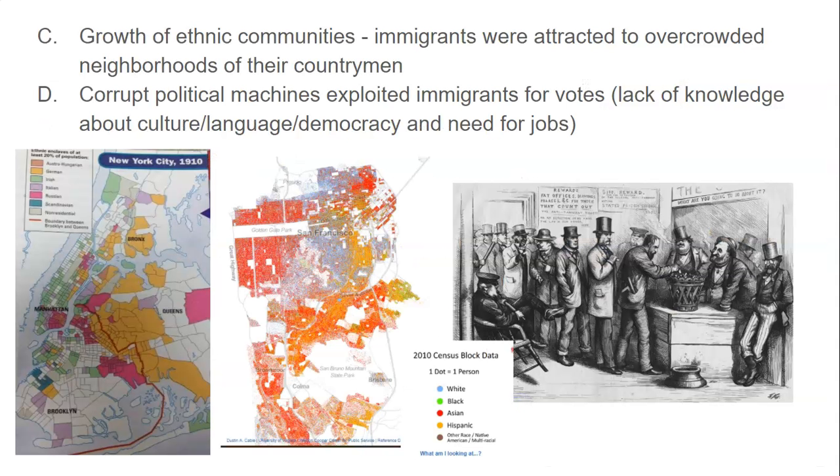We also see the growth of ethnic communities. Basically, in these larger cities, remember we talked about urbanization a few days ago. In these larger cities, immigrants are usually looking for work. They're not typically going to go out into rural areas. They're going to stay mostly in cities looking for factory jobs or things like that. And for several different reasons, they're kind of pushed into these communities with people that are similar to them in ethnicity and language and culture and that kind of thing.